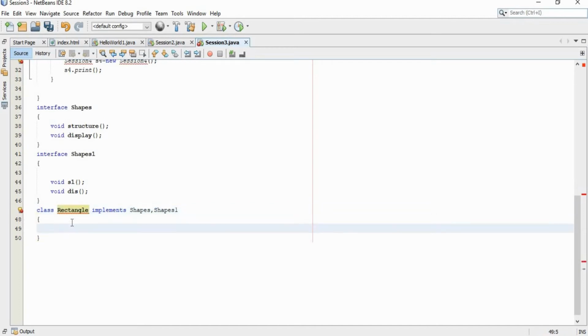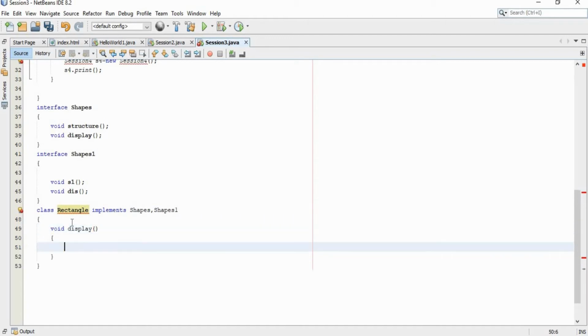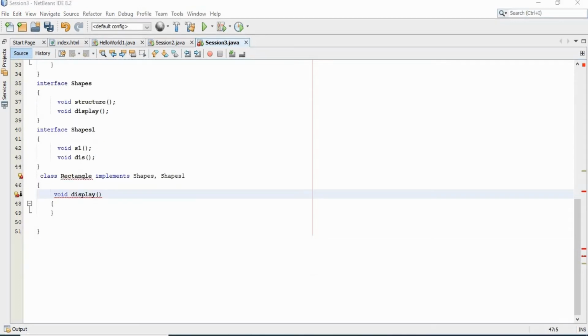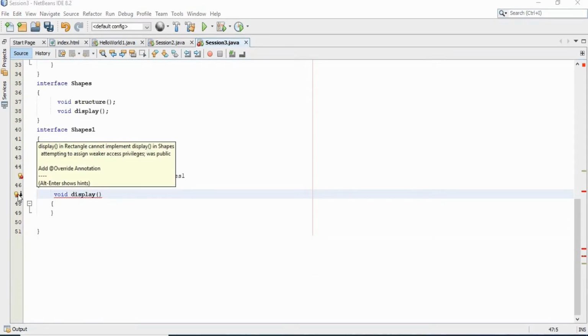So we can write the definition of the methods declared inside shapes. Here also we are getting an error: display of function in rectangle cannot implement display of function in shapes, attempting to assign weaker access privileges.